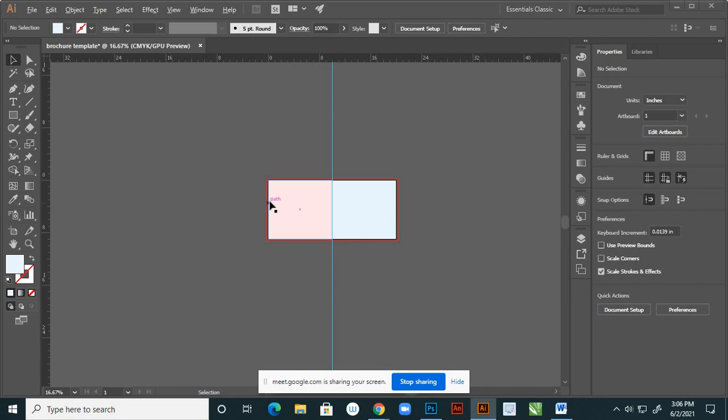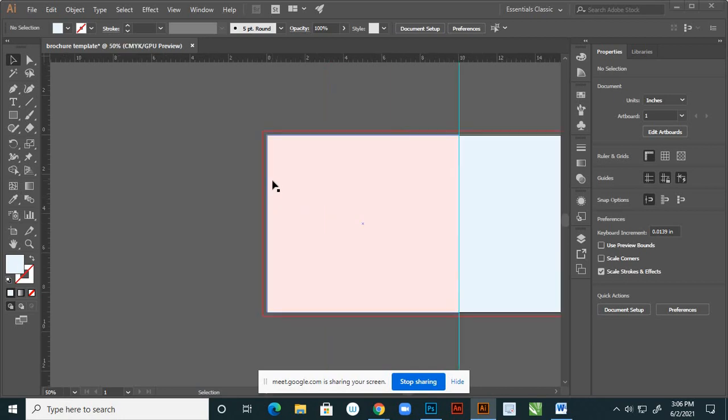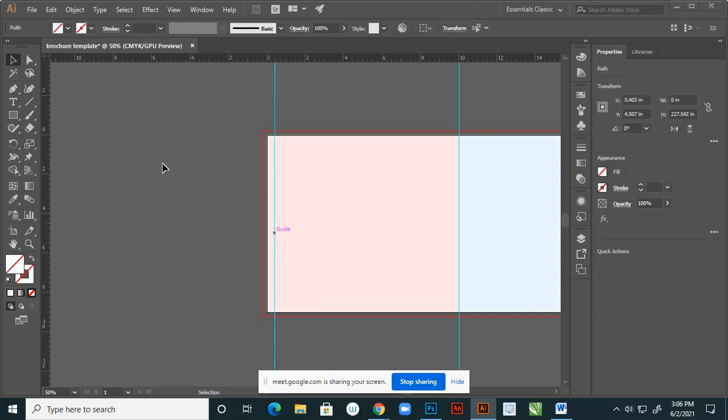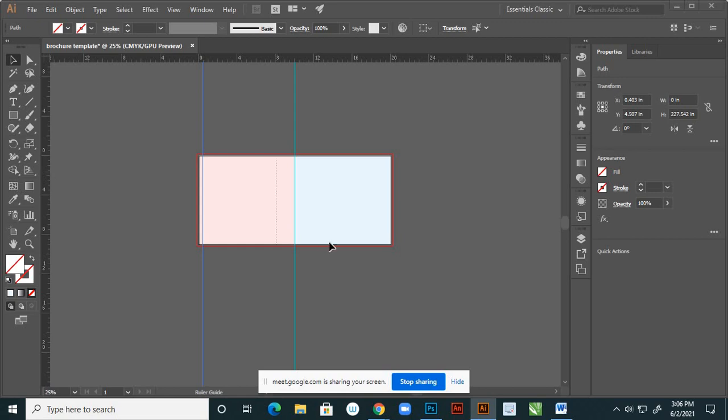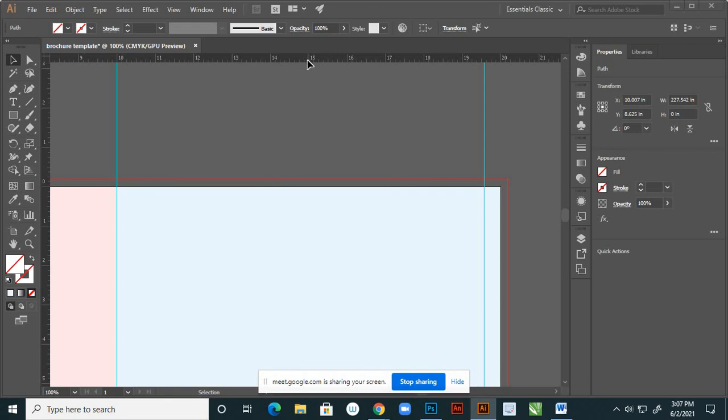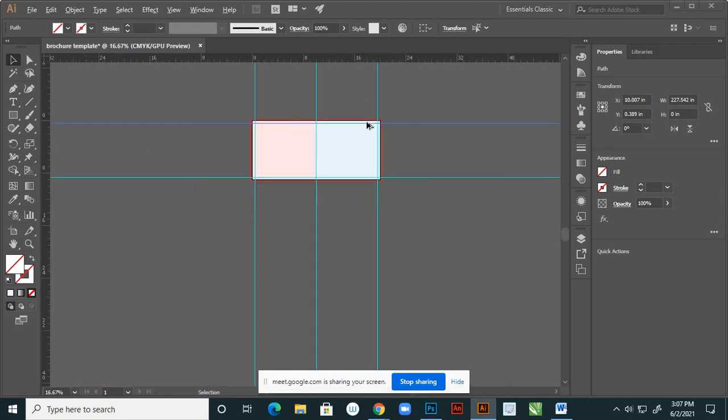So here I already placed these cutting marks, the bleed area. Inside, I'm choosing this safe area, right? Yes.